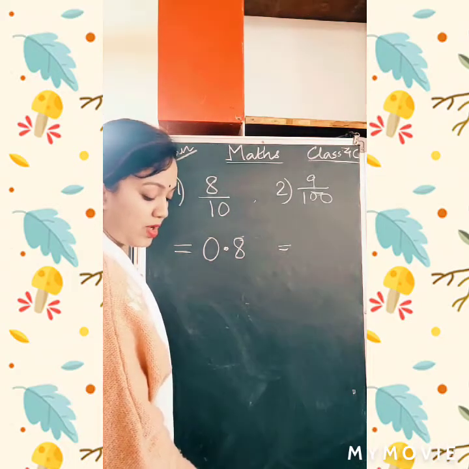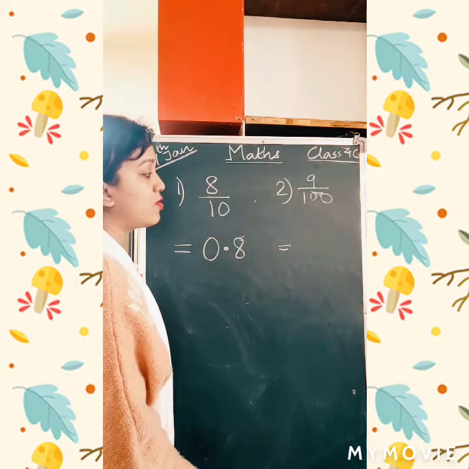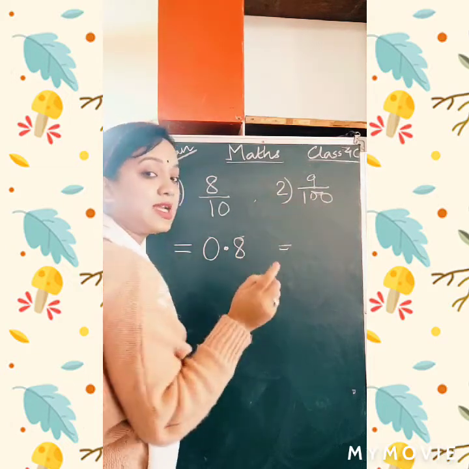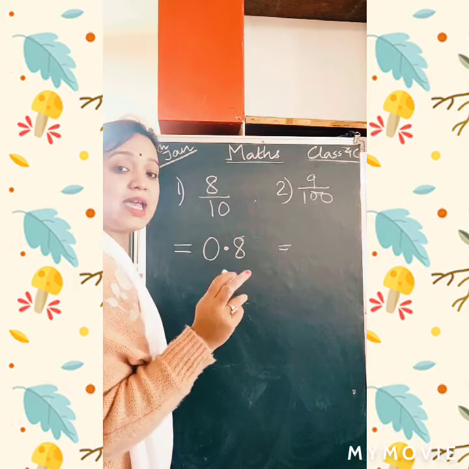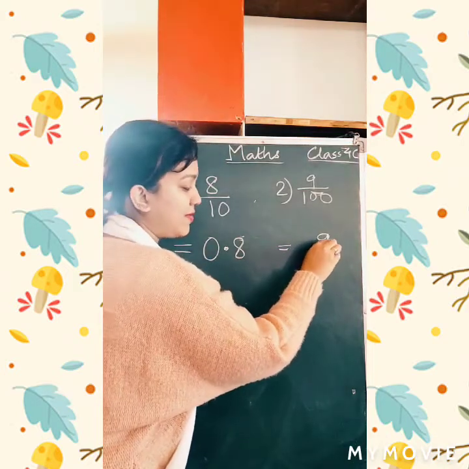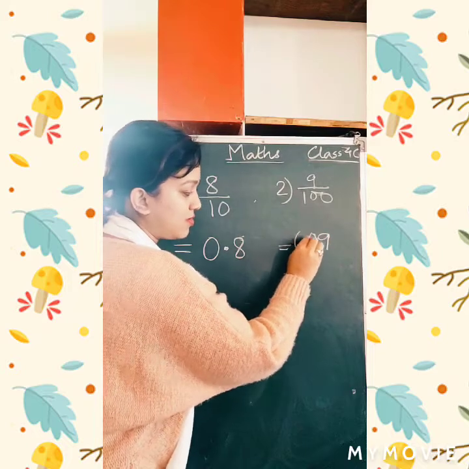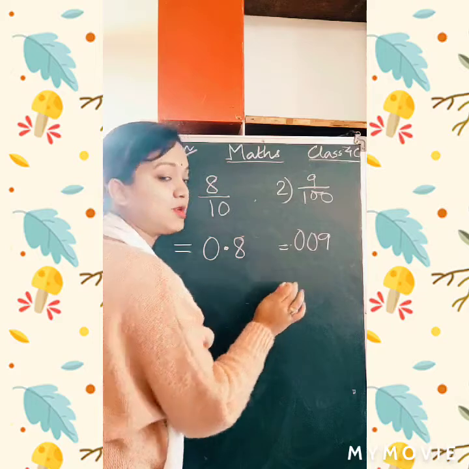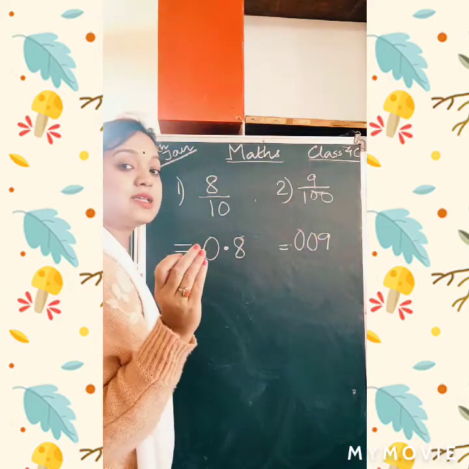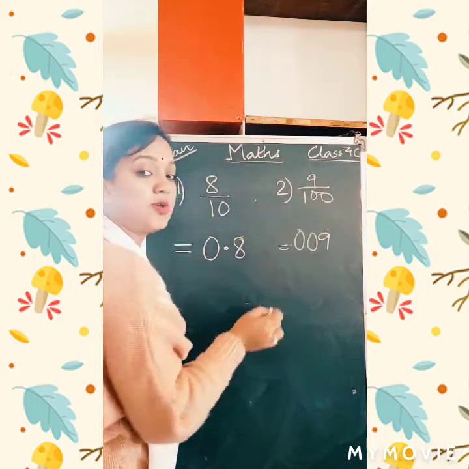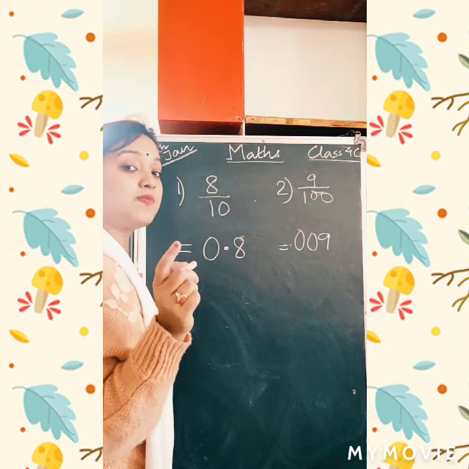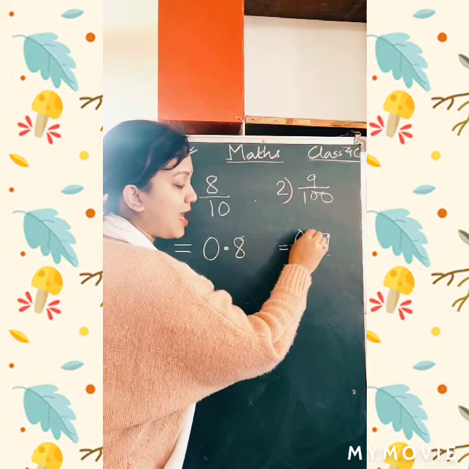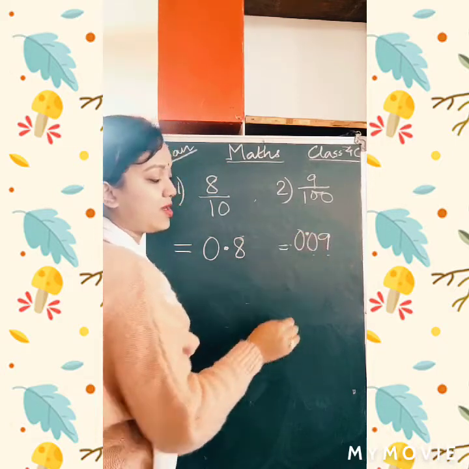So now what you are going to do is, first you have to make this number 3 digits, because below there is 100. 100 has 3 digits, correct? But 9 is a single digit. So we will put 9 first and 2 zeros, and we have made 9 into 3 digits, correct? 9 is represented by these 3 digits, because 100 also has 3 digits. Now how many zeros do you have? You have 2 zeros. So your point will be before 2 digits. So 9 gone, 0 gone, I will put a point here, correct?